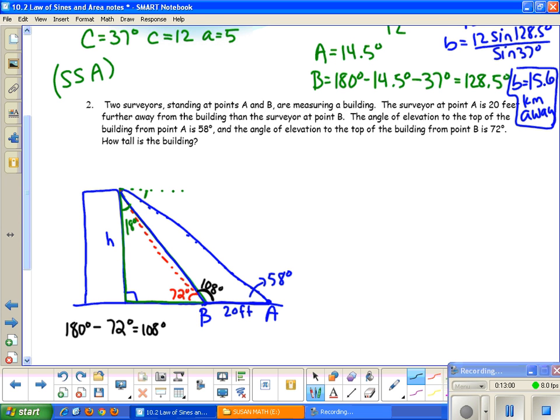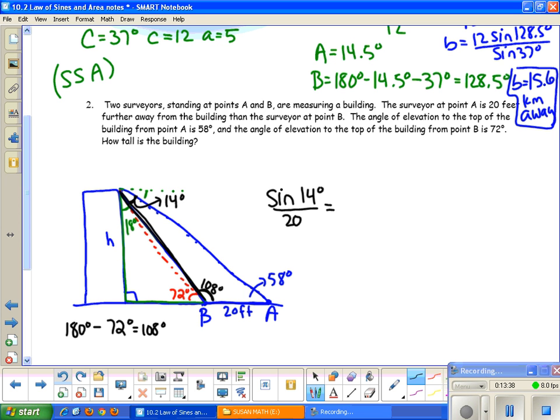Now if I know that, then I can figure out this angle up here, because again, using the triangle sum theorem, if I figure out this little angle right here, I get 14 degrees. The reason that helps me is because I can then figure out this common side between the two triangles, to help me figure out the height of the building. So in this case, I'm going to use the sine of 14 degrees over 20 feet, because I have this length right here, is equal to